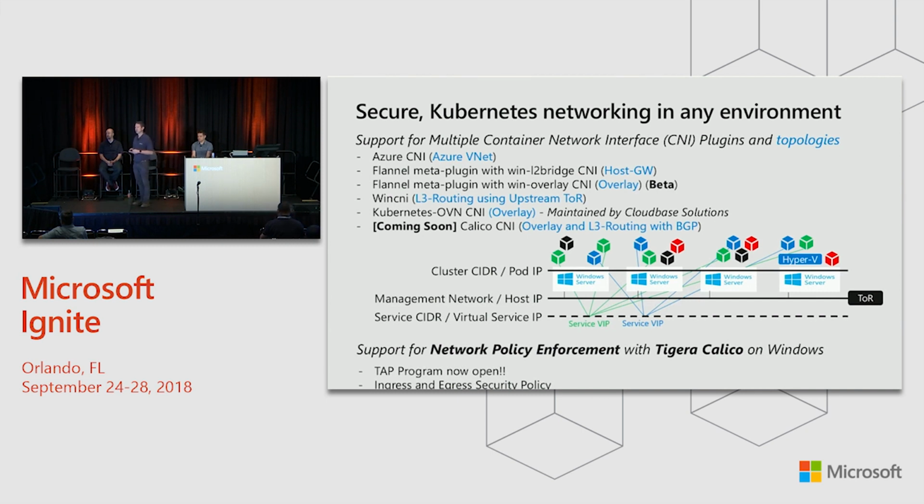And so you see here a list of about 5 or 6 of the different networking CNI plugins we support and the different topologies they're used for. Most noticeably, obviously, we use Azure CNI. And so we have the Azure CNI plugin that allows you to connect your containers to an Azure virtual network. On-prem, we usually recommend Flannel, which is another CNI plugin. You can do either a host gateway mode to do routing between the nodes and the pods in that particular cluster, or you can do an overlay-based approach using VXLAN encapsulation. And we have a few more.